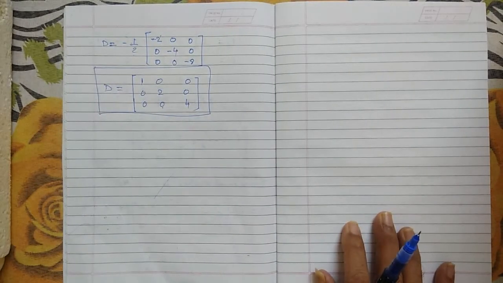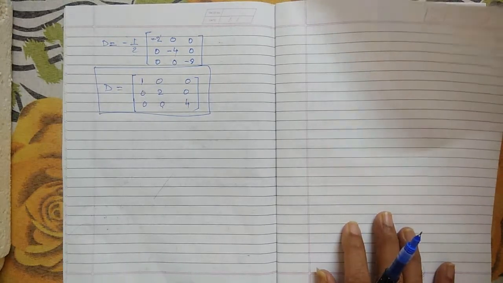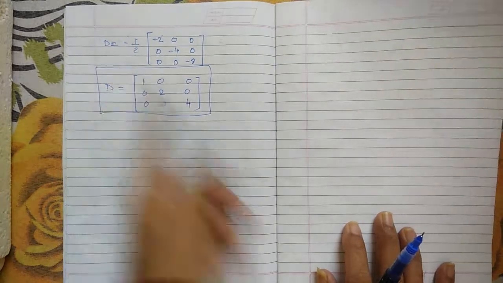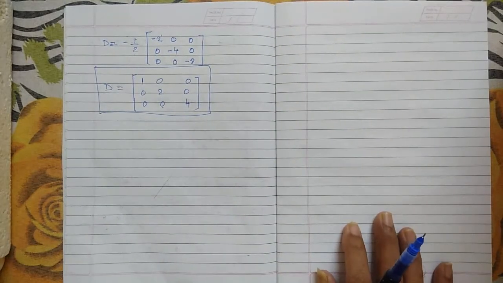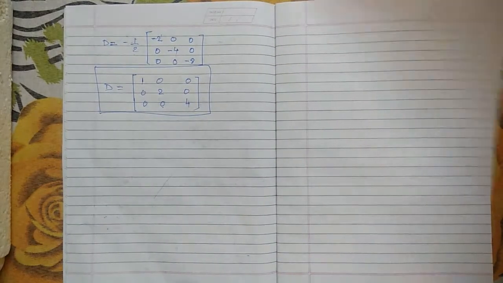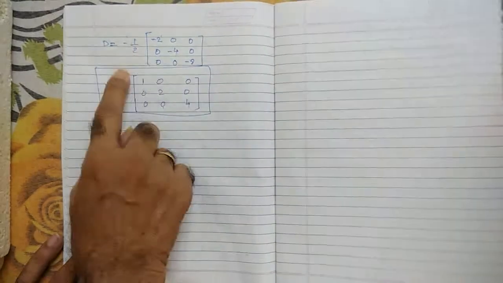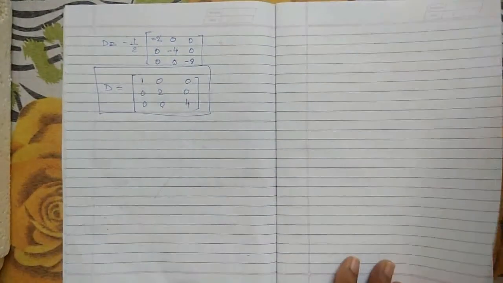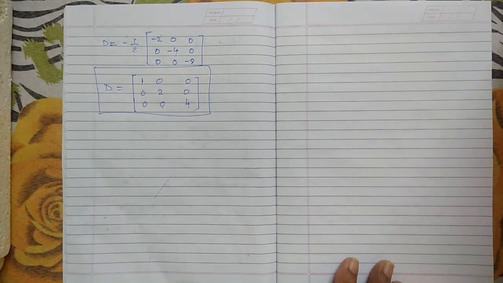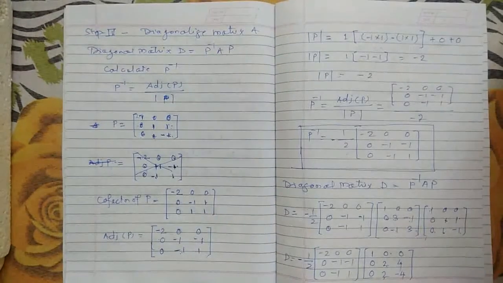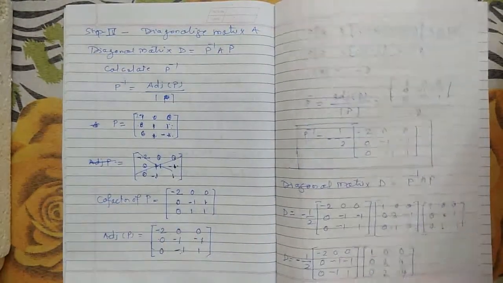If it is coming wrong, if it is not coming the same values there, lambda 1, lambda 2 and lambda 3 diagonally, that means our answer is wrong. So if it is coming the same, then we can say that my procedure or my answer is correct. If it is not coming, definitely it is wrong.